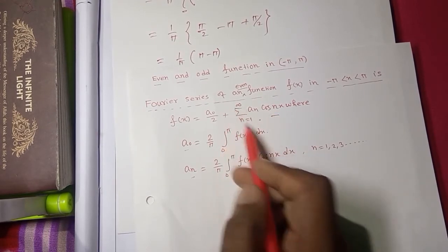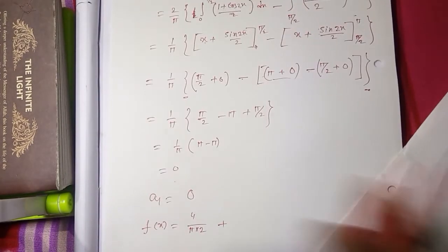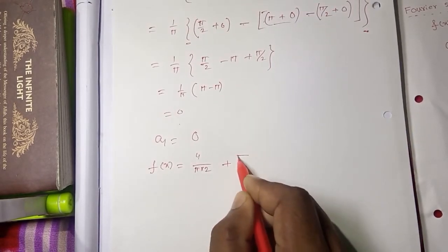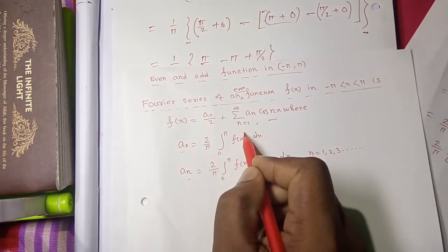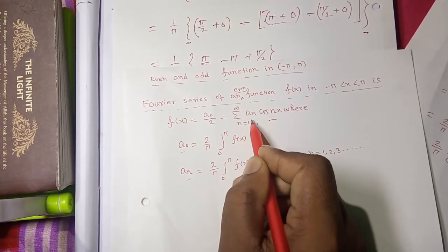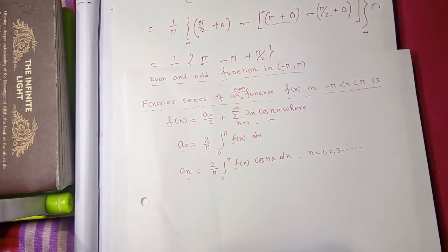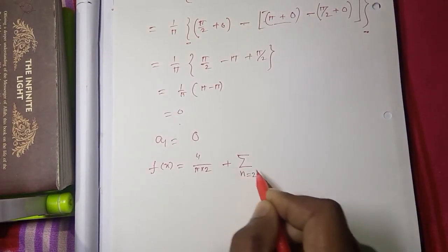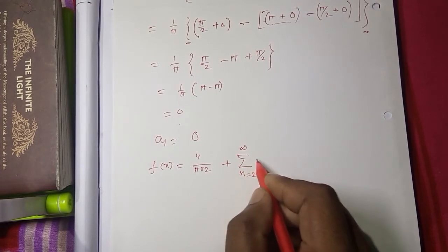Here we compute a1, this is 0. Therefore as n equal to 1, a1 equal to 0, this term is 0. Therefore for n equal to 2 to infinity,